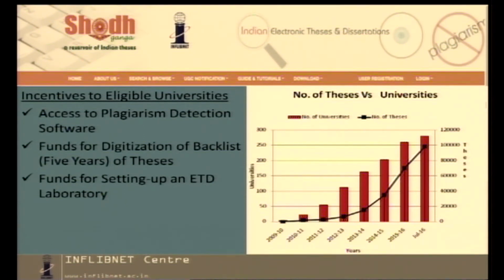Besides, you can see that the number of signatories to the MOU on Shodh Ganga with INFLIBNET has increased dramatically. The repository has grown from a meager 5 theses in 2010 to almost 1 lakh theses now, and it is growing because the universities can upload their theses directly into the repository from their university itself. So, there is nothing in between. In fact, we have assigned this job to Shodh Ganga coordinators, who have been appointed for every university. So, this task is going on and the repository is growing.